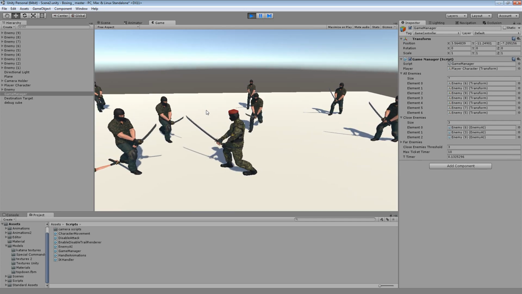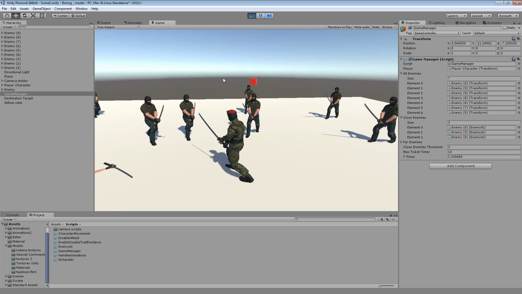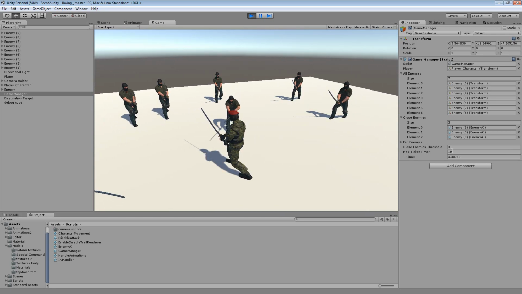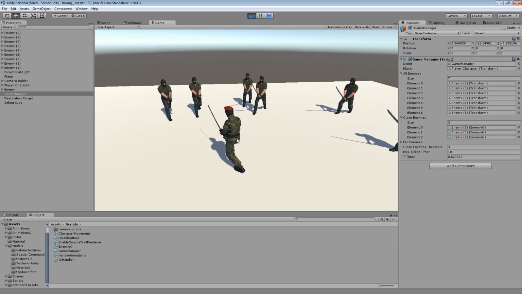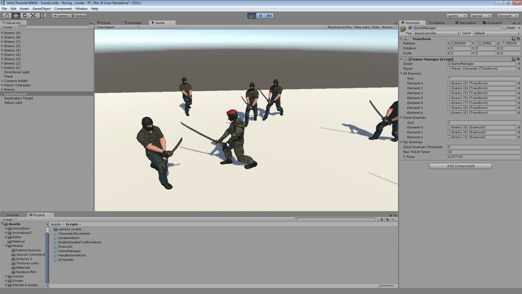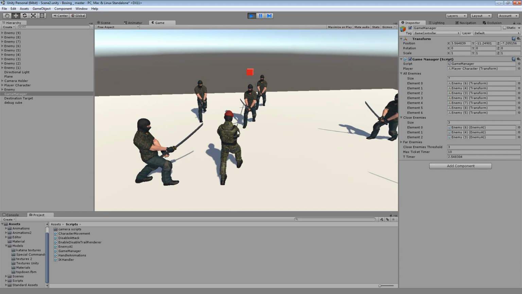So let's see that they actually attack. You will see that they wait for 10 seconds and then they decide which one is going to attack or not. Now that's basically it, what we have to do